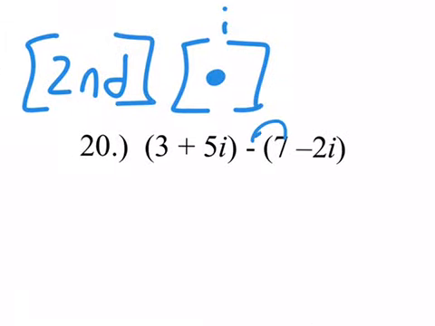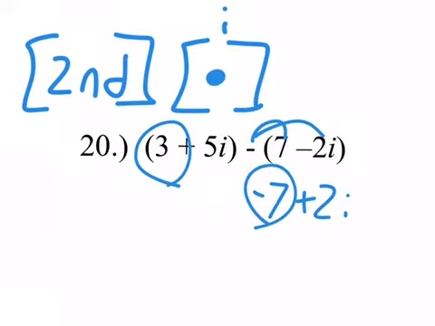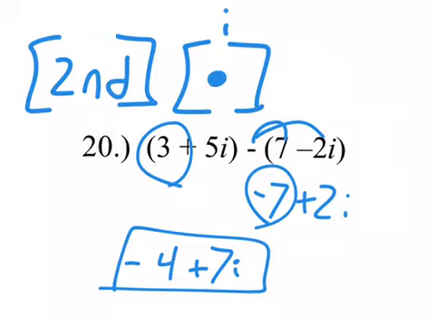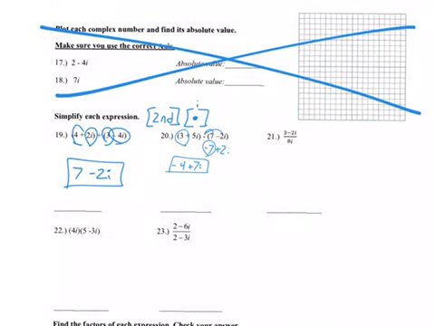Probably the same for this one here. You could distribute, and then combine your like terms. You get negative 4 plus 7i. Ones that get a little more complicated are